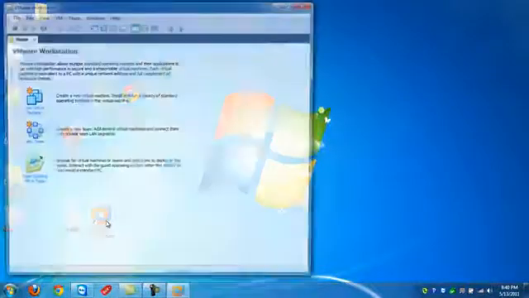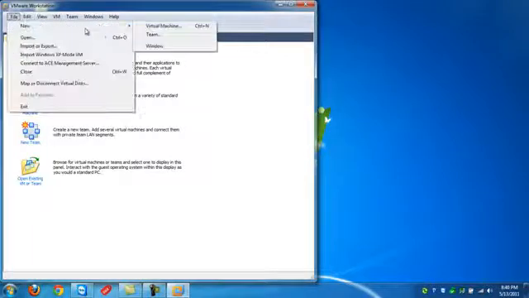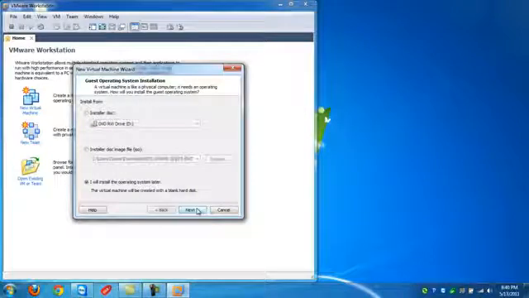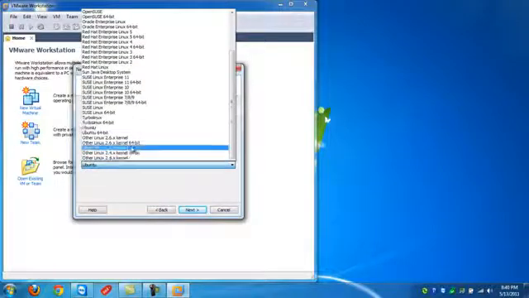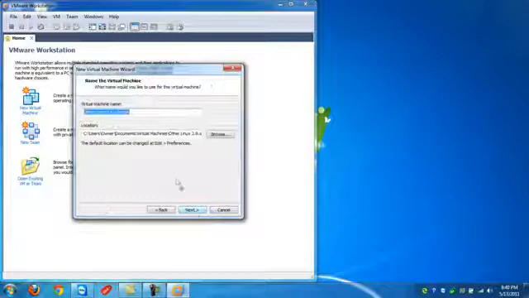Okay, so let's double click the VMware icon once you've already installed it. Now you can click File, New, Virtual Machine, Typical, click Next, and select I will install the operating system later. Click Next, now click Linux, and select other 2.6x kernel, click Next, and now name it Backtrack 5, and click Next,